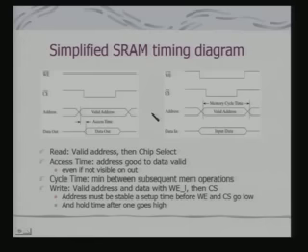This is a simplified SRAM timing diagram. That means how the signals should be sent or received from the static RAM for the purpose of reading and writing. So, here we are using a very simplified form where we have got this write enable. When it is an active low signal, when it is high, that means we are basically doing a read. The chip select is basically selecting the corresponding IC or the memory module for the purpose of reading.